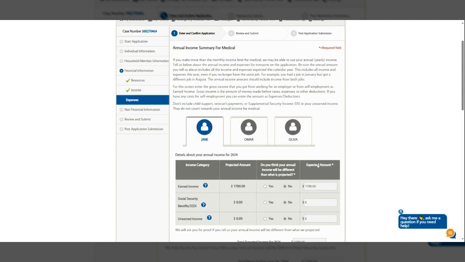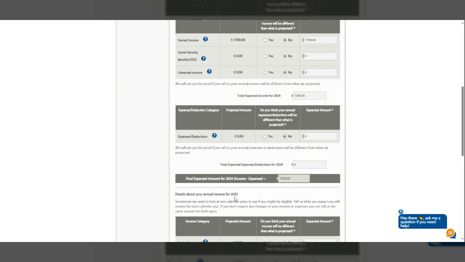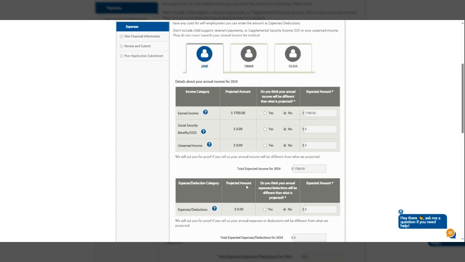Okay, on the annual income screen, you will need to review projected income for 2024 and projected income for 2025. Ask the member the following questions regarding their projected income and expenses for 2024. When you come up with this screen, you will have everyone listed here in the household, and you must go through each one of them to make sure that